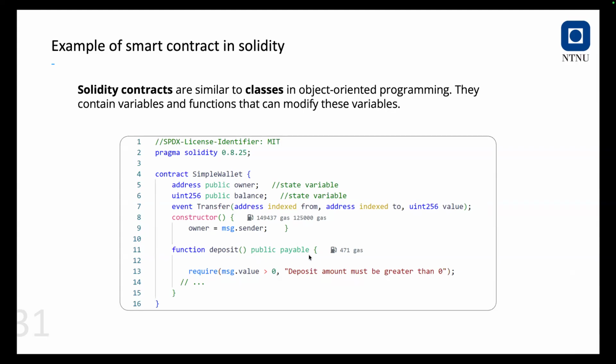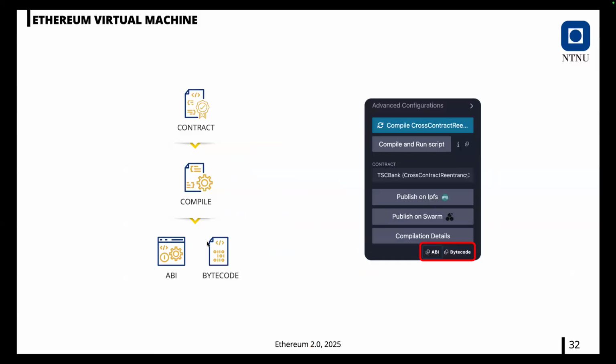And then you have a deposit function, which deposits a certain amount of value into the balance of this contract and so on. So it's sort of like a computer program, right? If you've done JavaScript, then it is very similar to JavaScript. It has a type system, and it has the logic which you express programmatically. So then you write this contract, you compile it to bytecode, and this compiled output has the bytecode